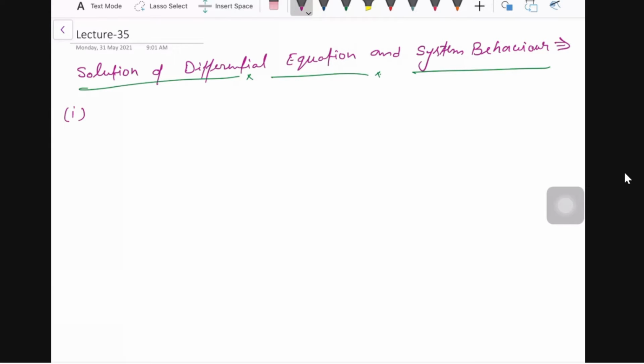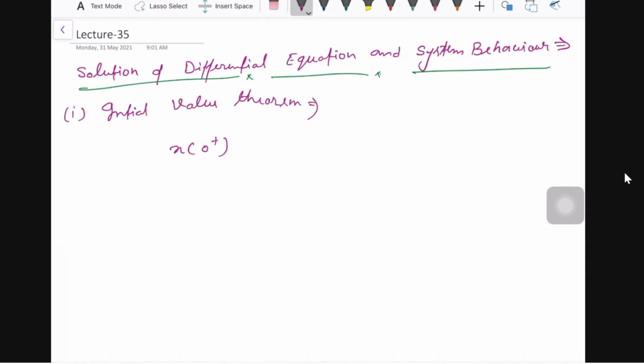The first one is your initial value theorem. Okay, so if I talk about this initial value theorem, I'm just writing mathematically how we are going to define this initial value theorem. So this x(0+), okay, this x(0+) is nothing else but the initial value of x(t).